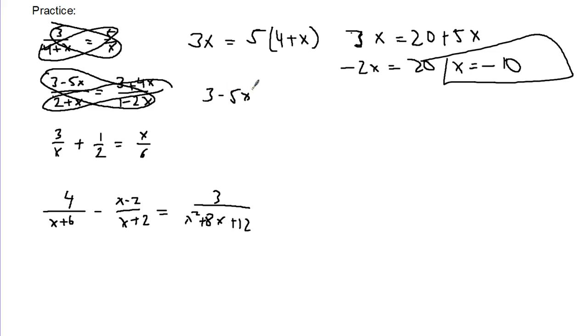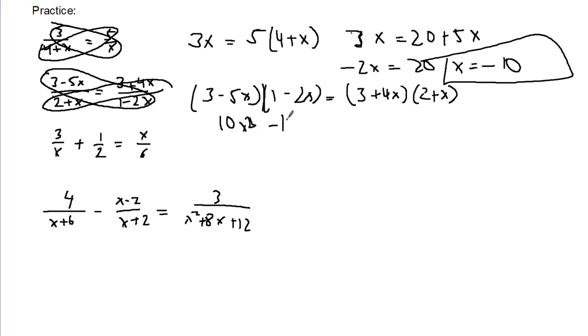3 minus 5x times 1 minus 2x. I'll let you do this on paper. I'll give you 5 minutes to see if you can solve the equation. So, 5 seconds. The 5 seconds is over. Okay, 3 minus 5x times 1 minus 2x, that is 10x squared